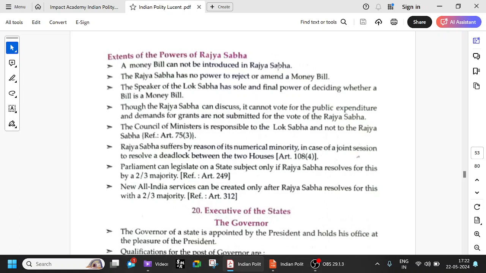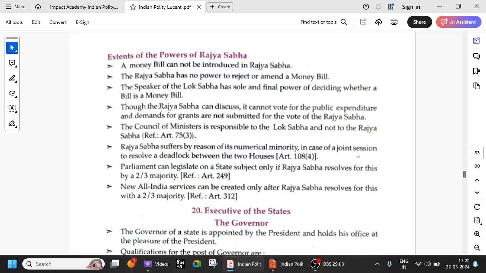Other than the money bill, the ordinary bill and the financial bill too, etc., they don't need any prior permission of the president. So the Rajya Sabha has no power to reject or amend the money bill. So money bill, if it goes to the Rajya Sabha, it is just a matter of 14 days. Okay, nothing more. The Speaker of the Lok Sabha has sole and final power deciding whether a bill is a